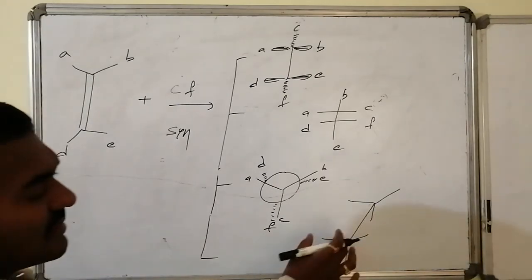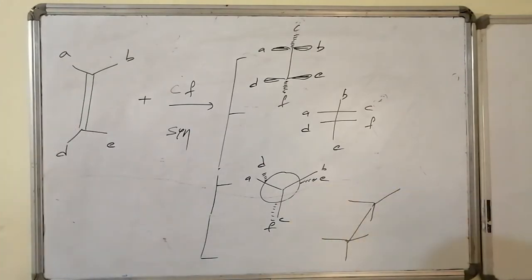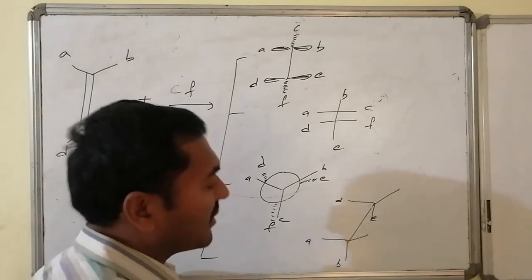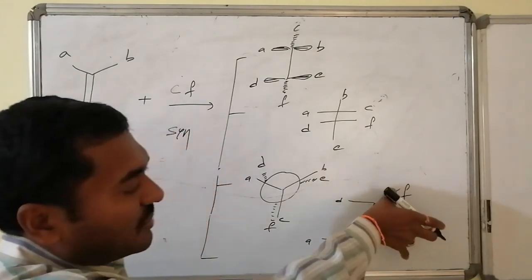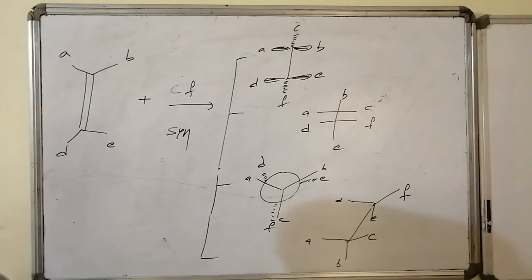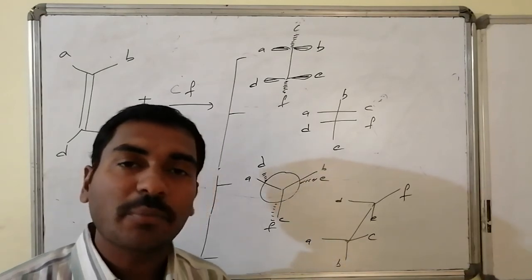Similarly in syn, yes, these two are eclipsed with one another, these two are eclipsed and these two are eclipsed. Any two eclipsed positions for AD as well as B. Suppose this is AD and this is B, and remaining is what? CF. Now here C and here F. You can take these two combinations, else these two combinations, to write the stereochemistry of the syn addition related to the alkenes to get the proper isomer obtained as a product of addition.